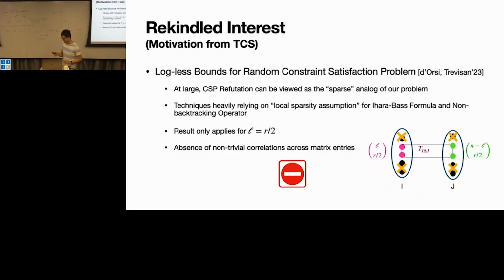But by CSP you mean specifically XORs, or does this also work for SAT or other CSPs? It kind of works, because any predicate you can write as XORs. You can expand it out using Fourier, with an exponential blowup. Okay. Because for refutation, we in fact just care about the top level. That's the hardest one. Okay.